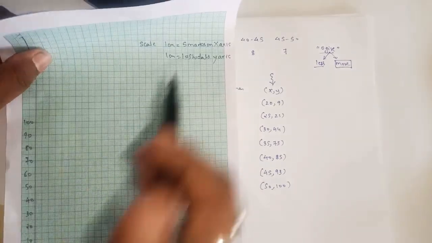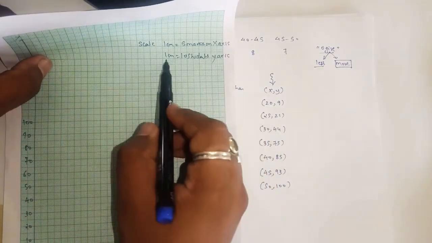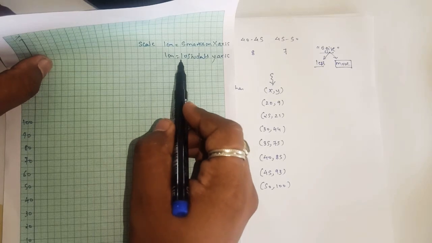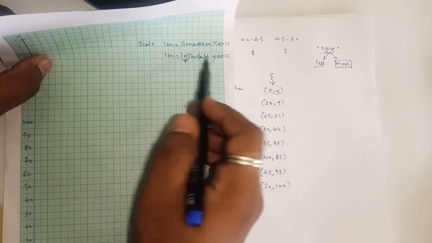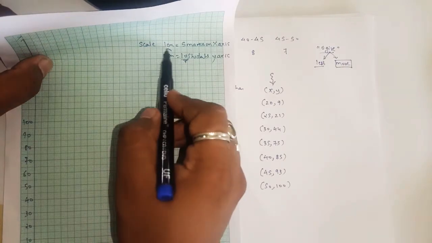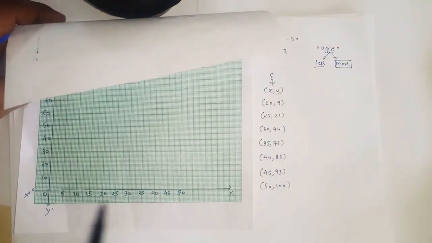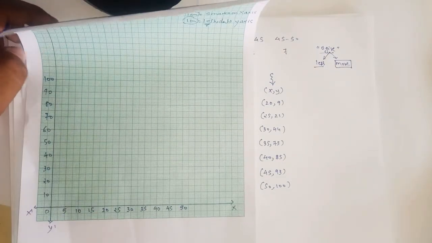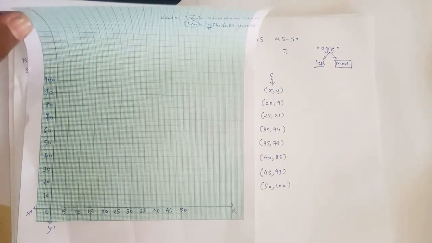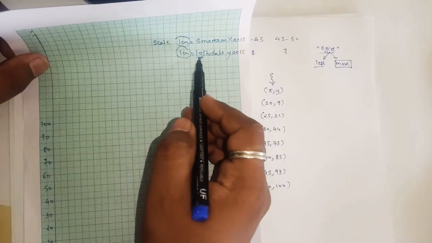Okay, so on the y-axis now, 1 centimeter, again it is up to you, you can consider any number: 5, 10, 15. But the scale should be the same. If you consider a 1 centimeter gap here, then you have to consider a 1 centimeter gap there also. Remember this. So now we'll see on the y-axis,